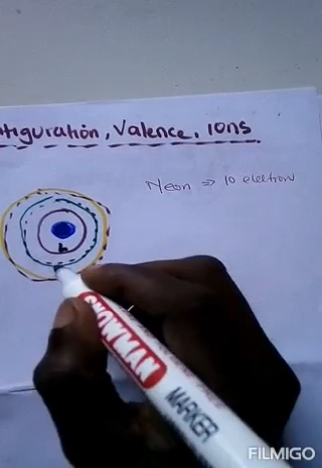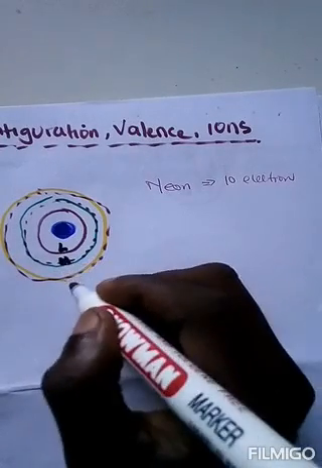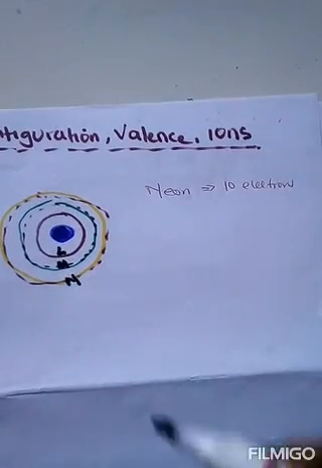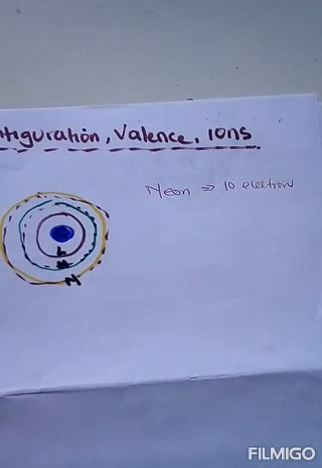The other one is shell M. The other one is shell N. If there was a fourth shell, I'll call it shell O. So it's just the alphabet: L, M, N, O, P until you have Z somewhere, depending on how many electrons that particular element has. There's no fixed rule for naming this. We just choose the alphabet. If you want, you can choose the innermost shell to be A, meaning the other one will be B. But what you should note is that